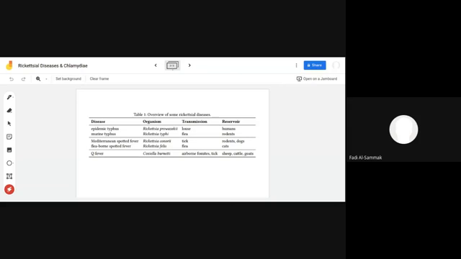There will be a history of some vector bite by the patient, which should be very suggestive. And also the rash appearance can be very revealing as to what kind of group we have at hand. So for example, in spotted fever, usually the rash appears first on the extremities and then moves toward the center of the body to involve the palms and the soles. It is the other way around in the case of typhus.